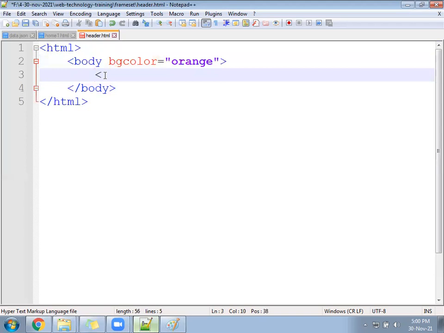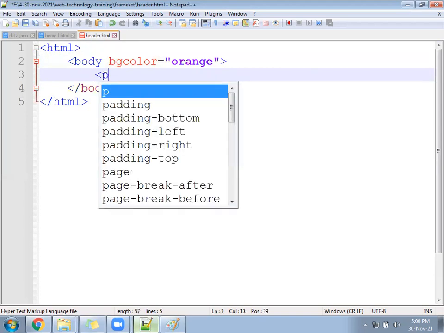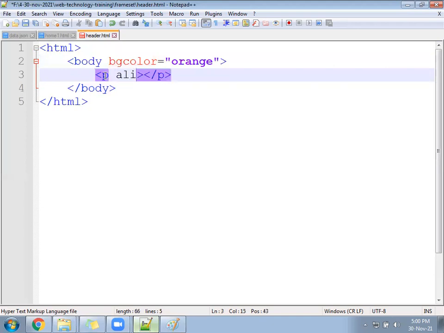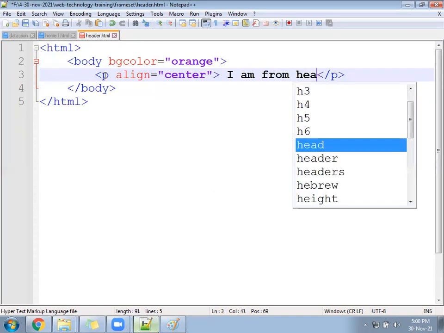Write here one paragraph. Keep align as center. Write here: I am from header file.